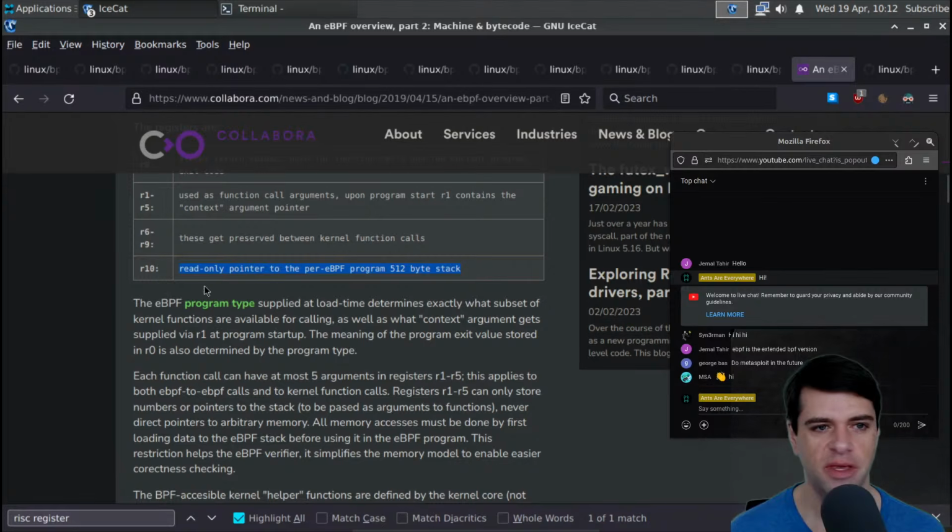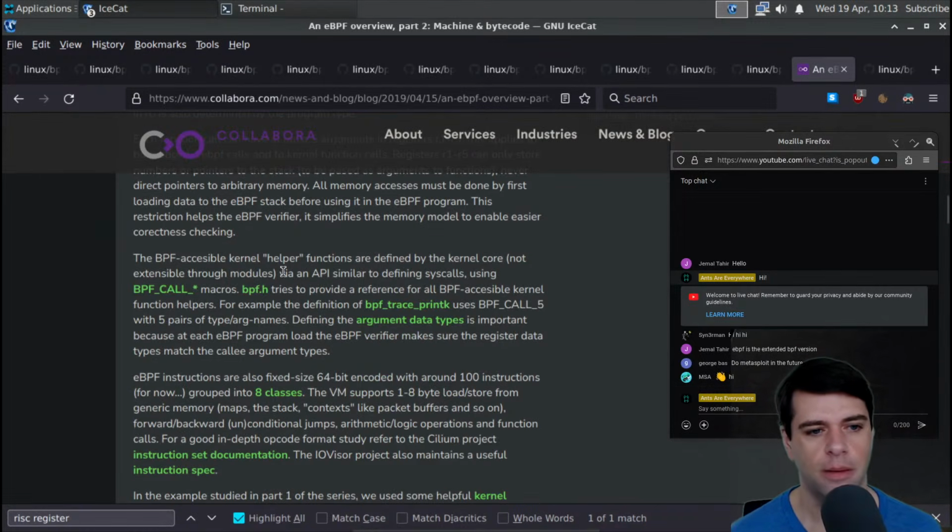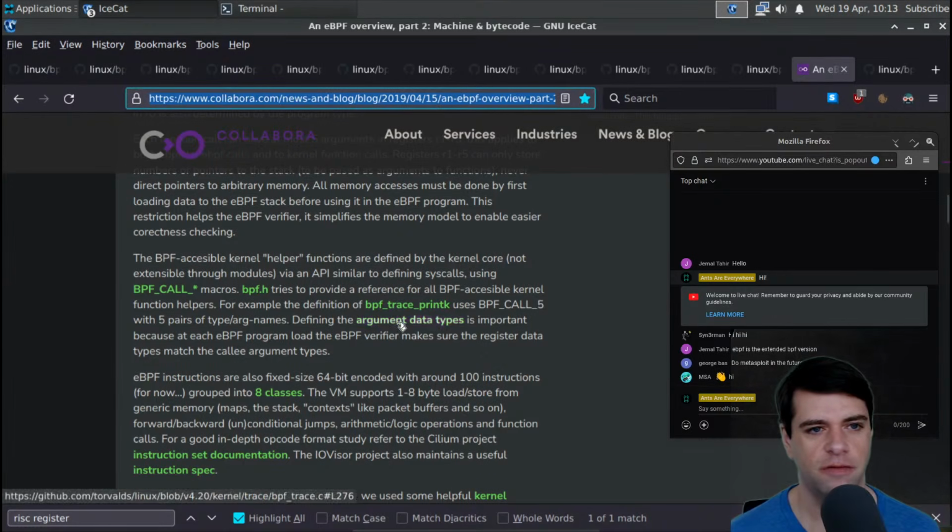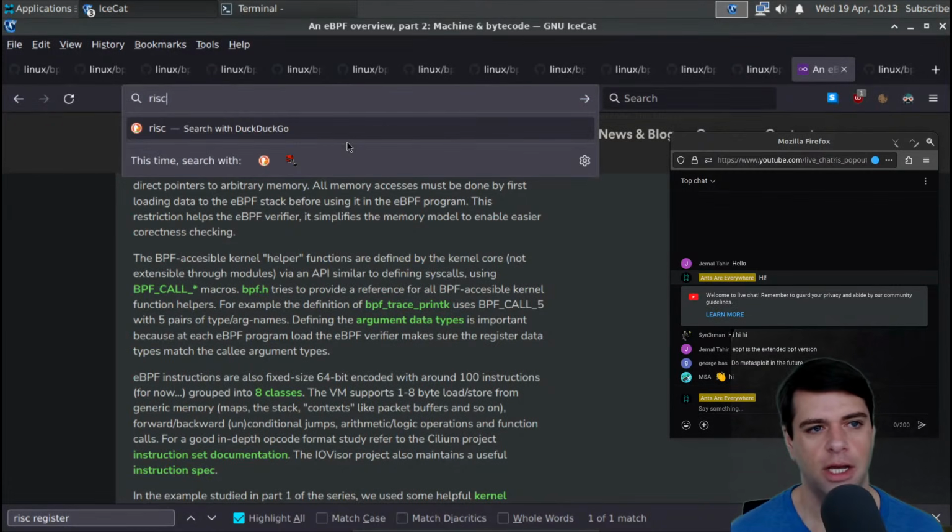The eBPF program type supplied at load time determines exactly what subset of the kernel functions are available for calling, etc. So this is actually super helpful. I'm going to bookmark this. It's talking about all of the different code. But I also want to take a look at